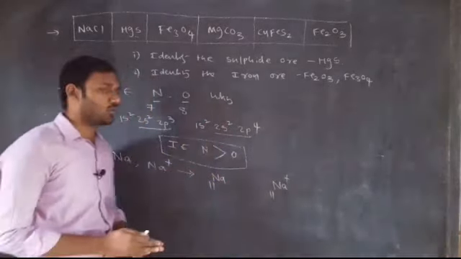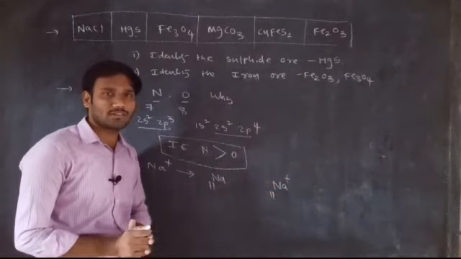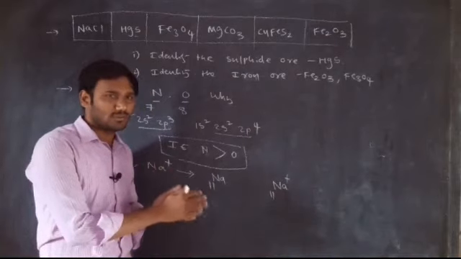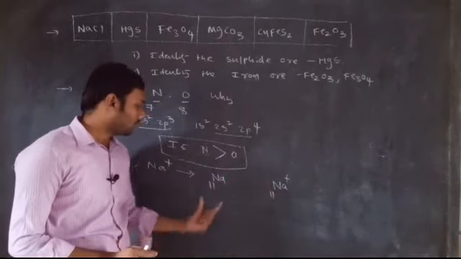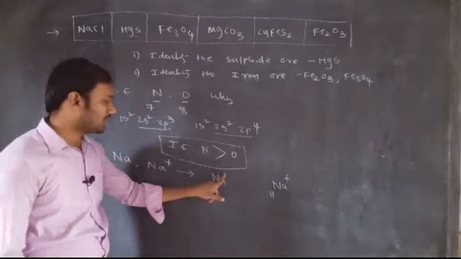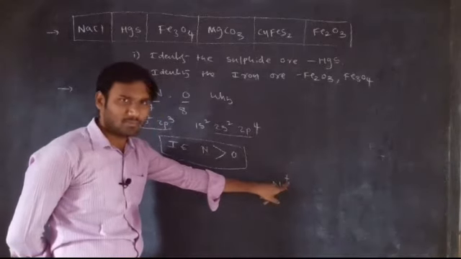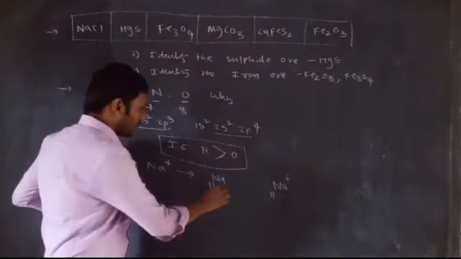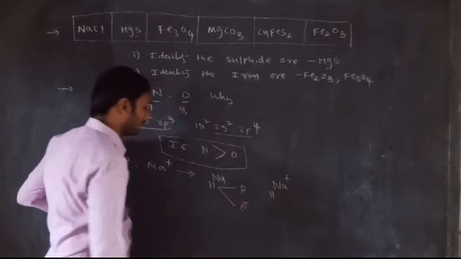In an atom, electrons may be gained or lost, but no transfer of protons is possible. Protons are fixed, so the atomic number of the element is fixed. There is no change in the atomic number. So sodium atomic number is 11, and sodium plus also 11, but sodium is in a neutral state. That means there is no positive or negative charge. Sodium plus is a cation, a charged particle. In the neutral case, 11 protons and 11 electrons are present.